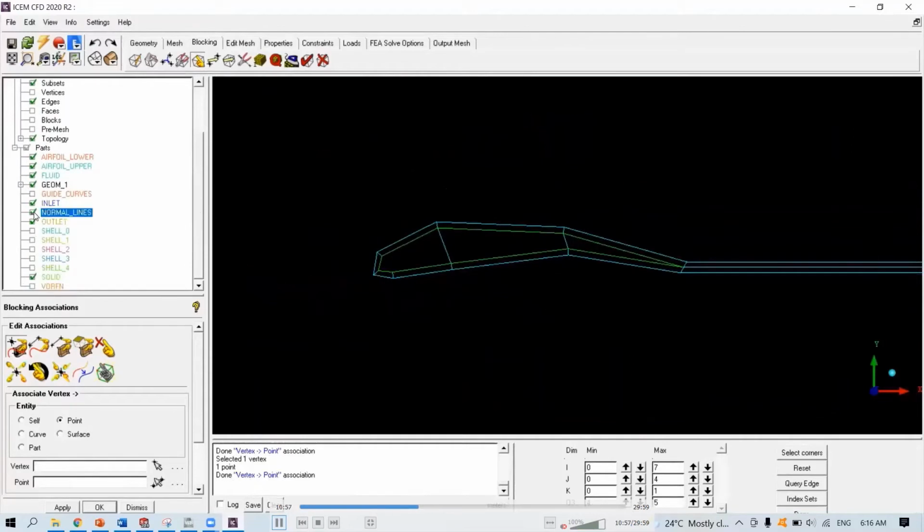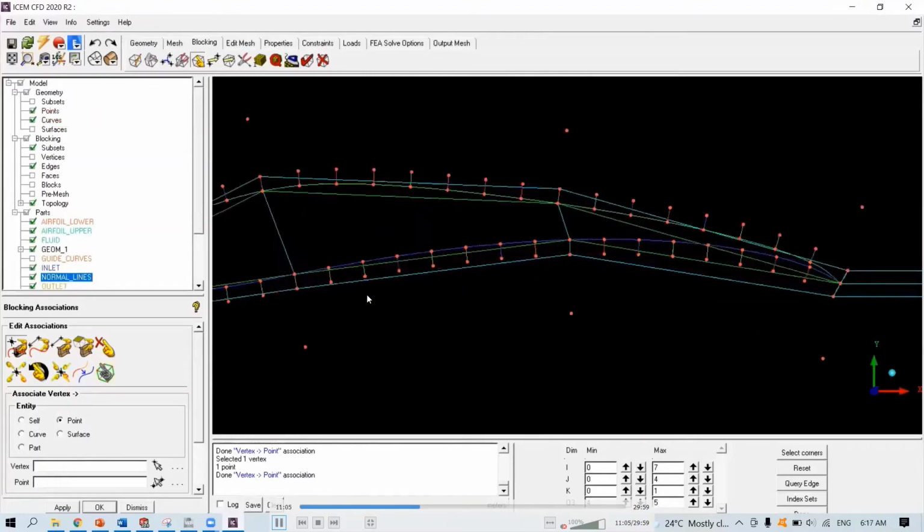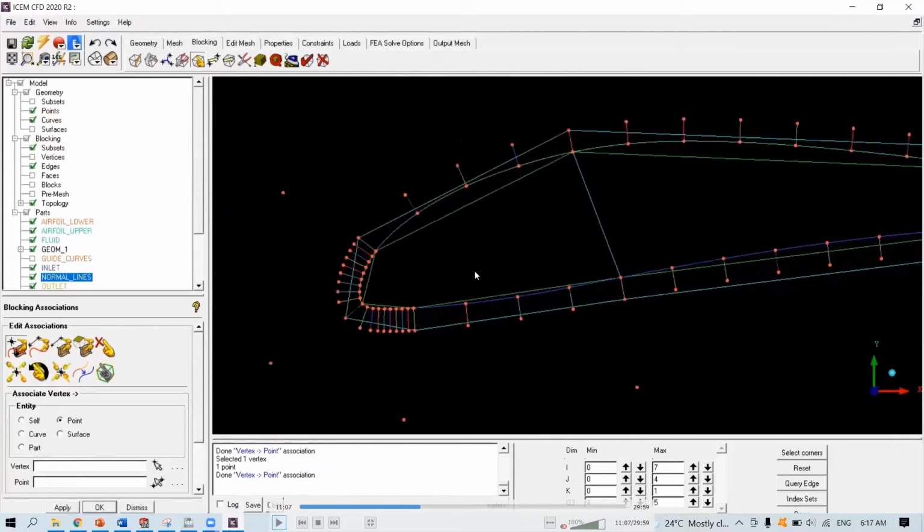I can turn on my normal lines, turn on a curve, as well as the points. Okay, now why did I do this? Because when you're splitting in ICM, it will only split what is visible on the screen.